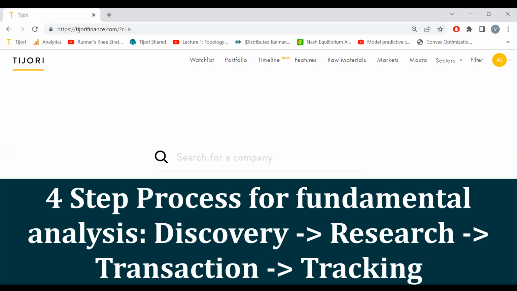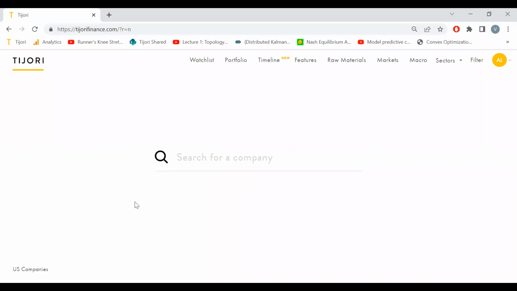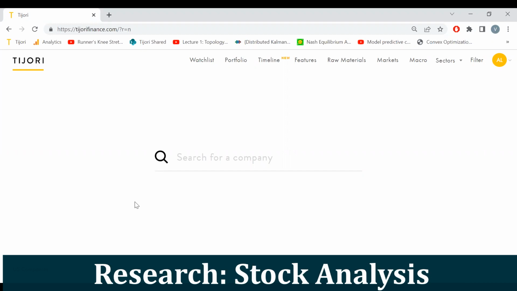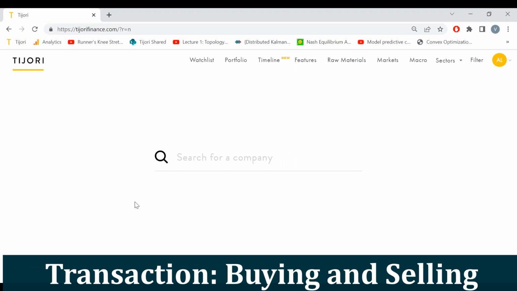Now, what that means is, if you're a serious investor and you dig through many, you run a filter maybe, or you hear it in the newspaper, you've discovered maybe 10, 20 companies. Of those, you want to dig in and do research. Once you do your research and you pick the one that you want to buy, you actually need to transact and execute it. And once you execute it, you track it. So you have it in your portfolio, you have an event feed, hopefully, somewhere telling you news and exchange filings or insider trades of those companies. And that's the loop for direct equity.